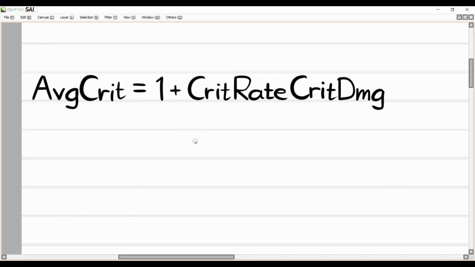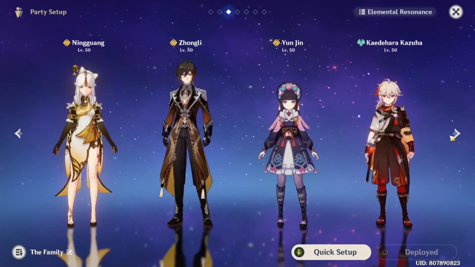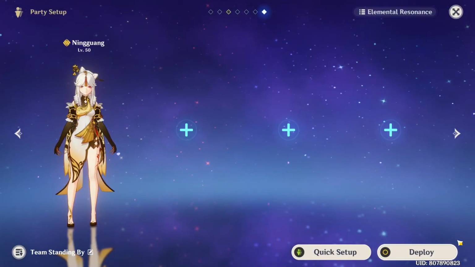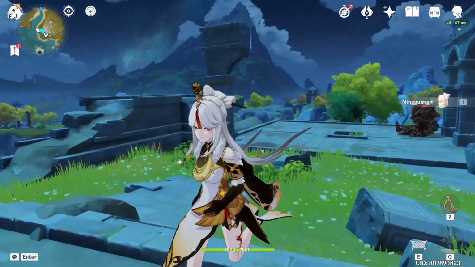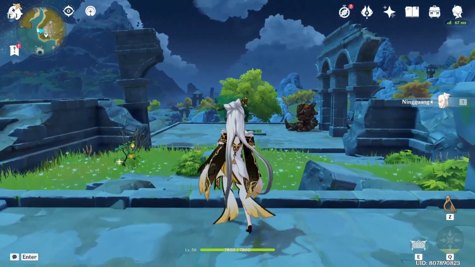Here I wanted to see if you can trust this equation. Can I trust this equation? And I proposed a very basic, simple experiment and theoretical situation in which I can test that. What I'm going to be considering is only a single character, just Ningguang by herself. So that makes things a lot more simple.